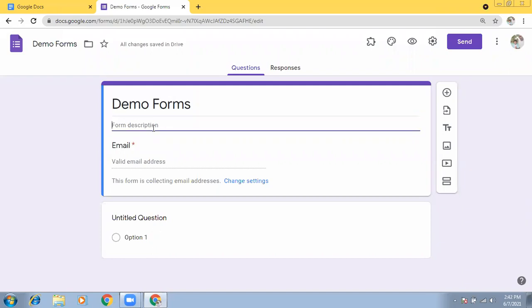And if we have any description, usually when we create a form, we have to give some direction or instruction to the respondents, right? Instructions to the respondents, or any other message can be given here, that will be displayed just after the title. And later we can go to settings.